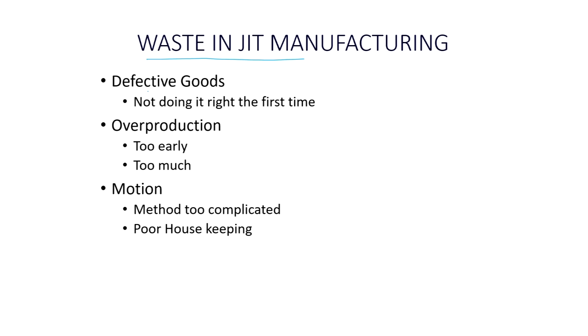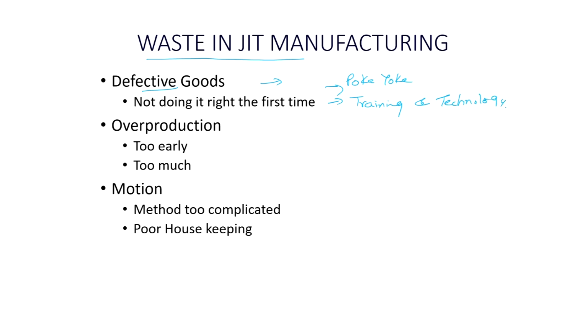So, number one is defective goods. If you are not able to produce right the first time, that is a waste, a big waste. Every organization understands that, appreciates that, and tries to do things right the first time. So, for this purpose we have to develop maybe a POKA-YOKE, which we will discuss, or improve the technology, improve the training. You can reduce the defects through training and technology.